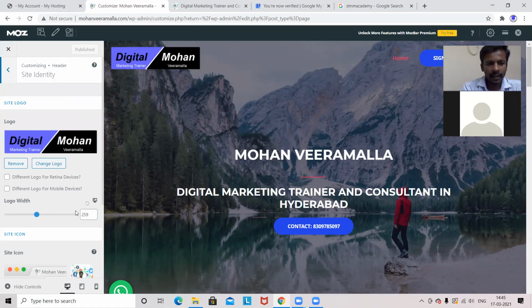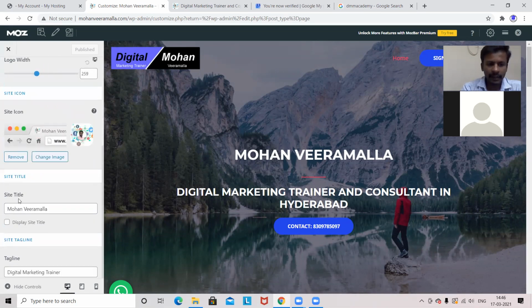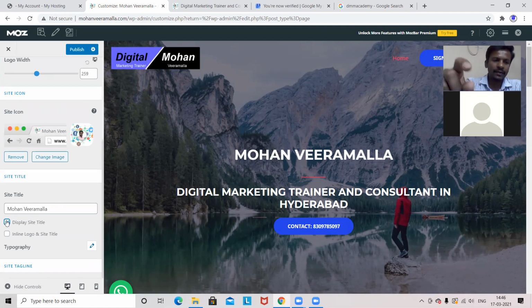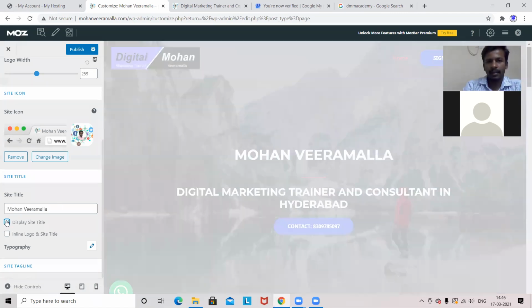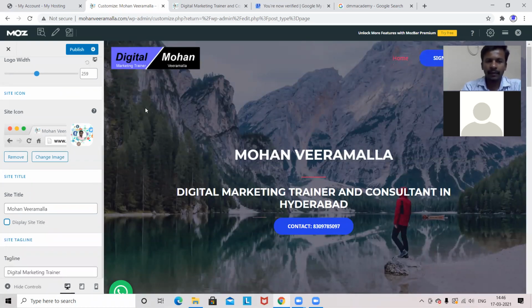That means when we are installing WordPress, there we have given site title and tagline. Here you can see in the left hand side bottom, site title and tagline. So previously this will be available. And here a display site title checkbox is there. If we tick this, then automatically these two sections will be available on the screen, on the left hand side on the logo part. See here you can see under the image of the logo, I can see my name. So if I remove the tick, automatically it will not be available.